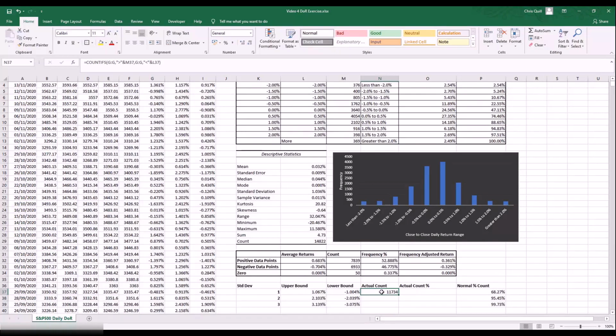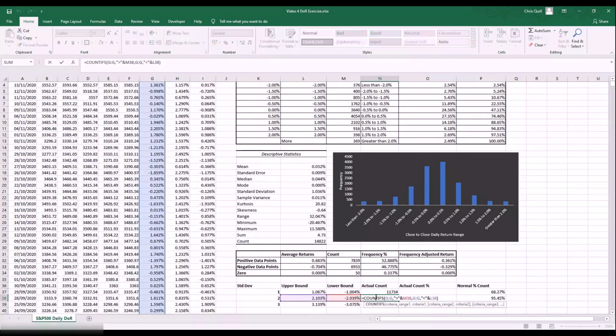So we can see that 11,734 data points lie within those bounds, and that compares to a total number of data points in the dataset of 14,822. So let's continue. We can copy this formula down to these other cells here,